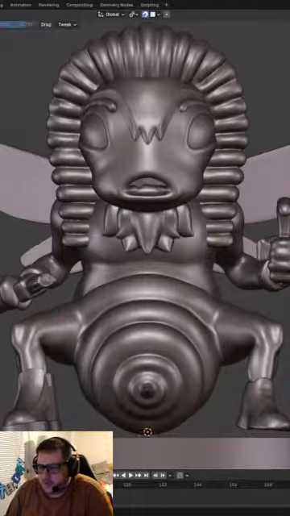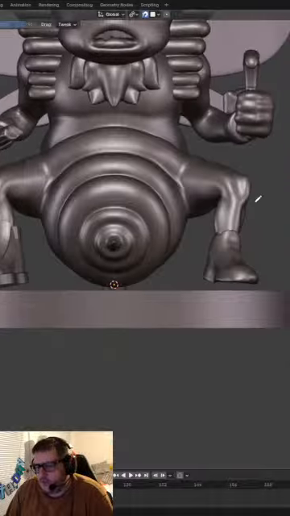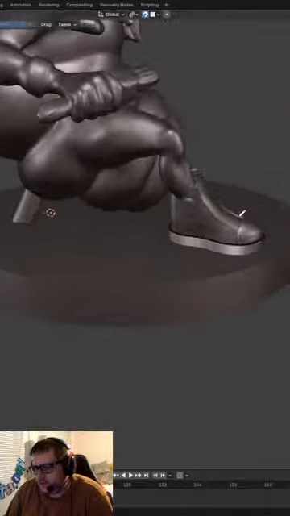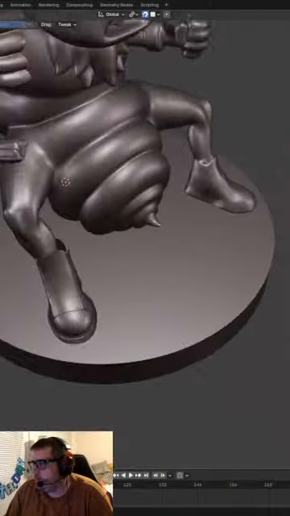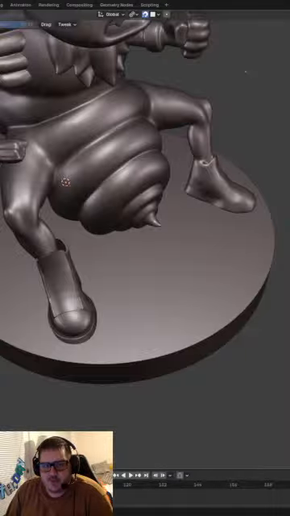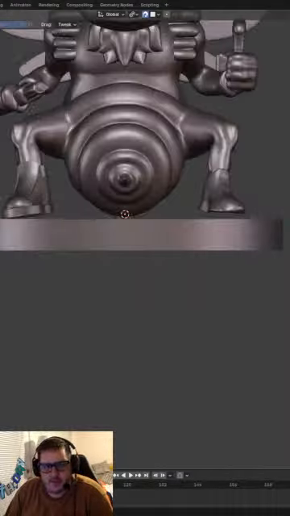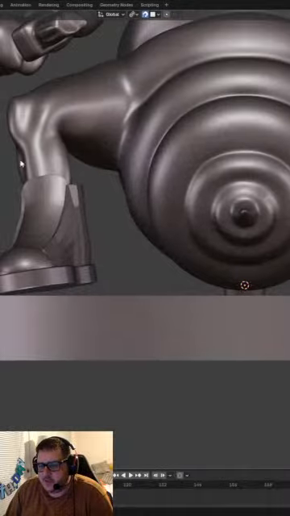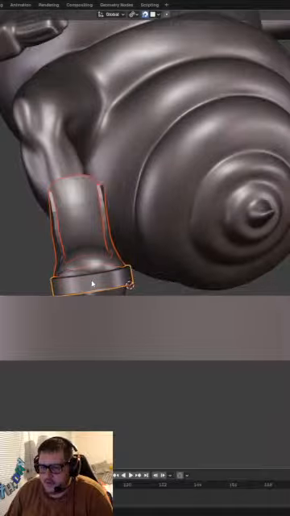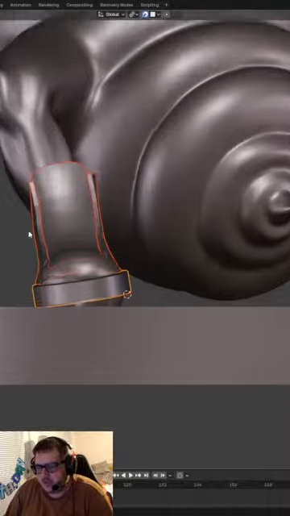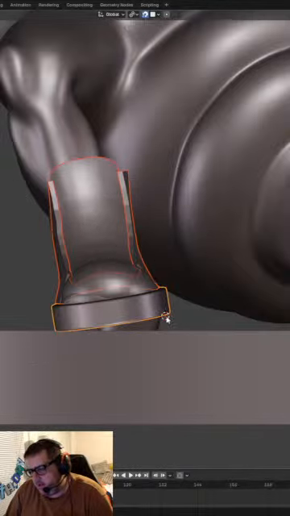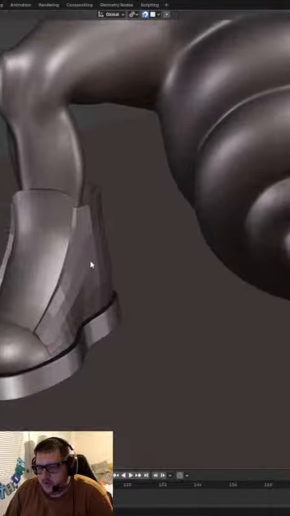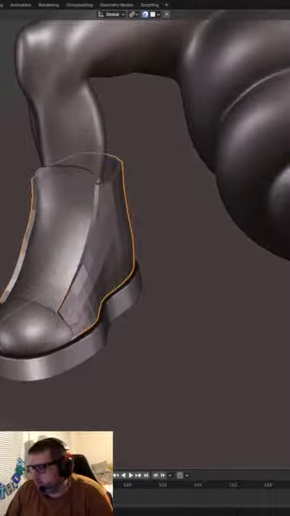Okay. Alright, so we were touching up on the Chucks last time. The Chuck Taylor shoes, that's what we were working on. And one of the things I believe I commented on right before it ended the last stream was how this leg orientation is really not that great. As you can see, it's sticking out. So we tried to turn this, but we got everything in a weird position. So let's see here.